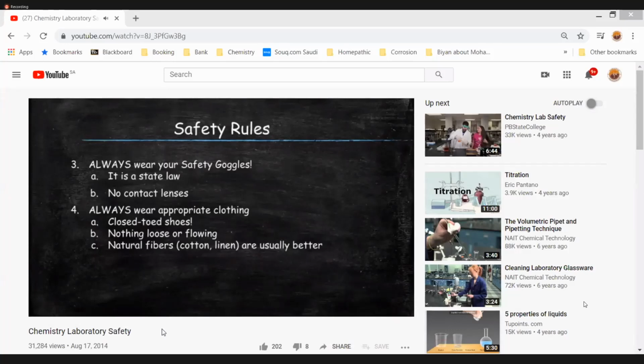If you wear a lot of artificial fibers like rayon or nylon, and you're using certain types of organic solvents, they might melt. If you have long hair, make sure that when you're using a Bunsen burner that you tie it back. Hair burns really fast, and especially if you have product in it, it burns completely. So you don't want to lose your hair simply because you forgot a scrunchie.